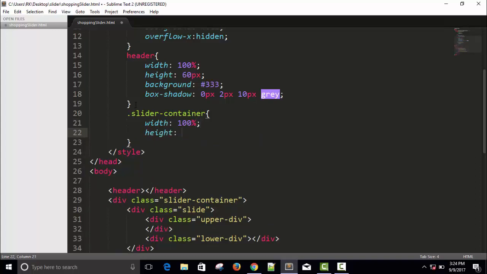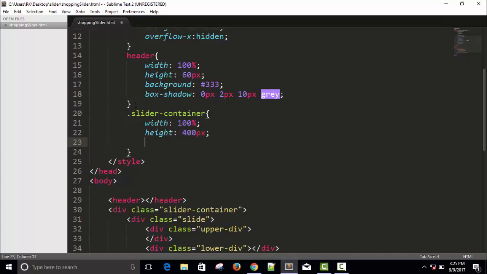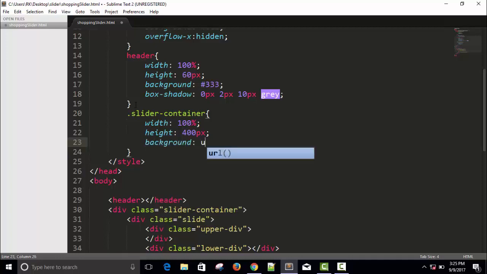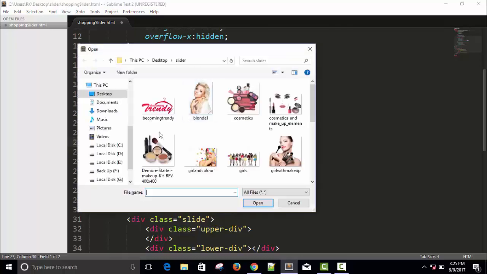Always decide your height in pixels, because the height may increase, it doesn't matter because everyone scrolls. So let's decide a height of 400 pixels, and use a background image. So url, and press Control O to open,